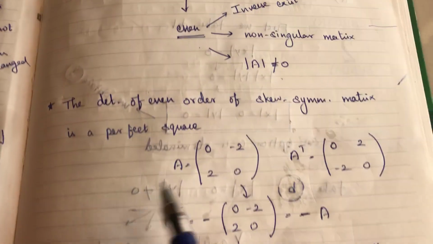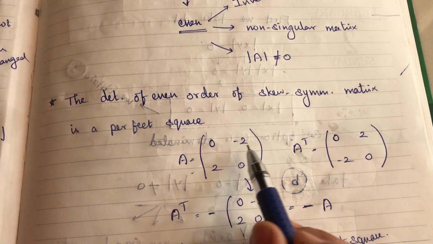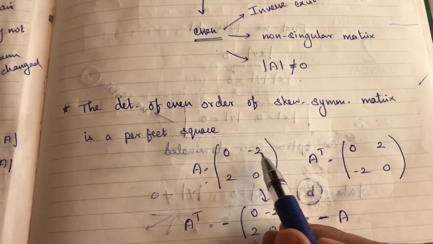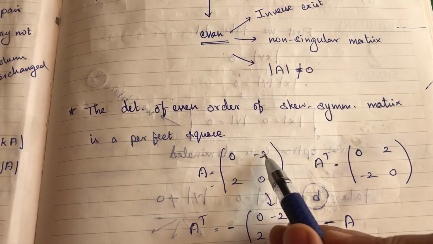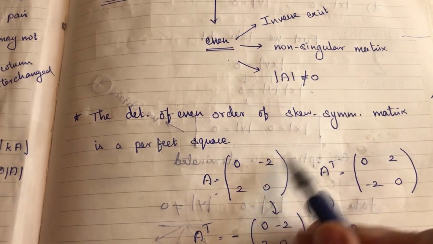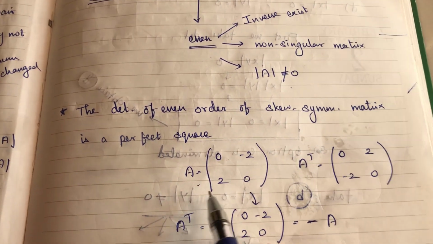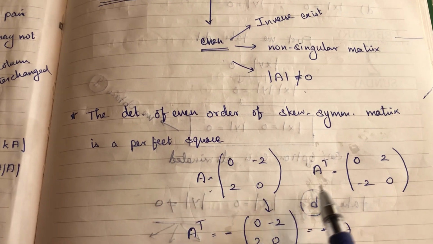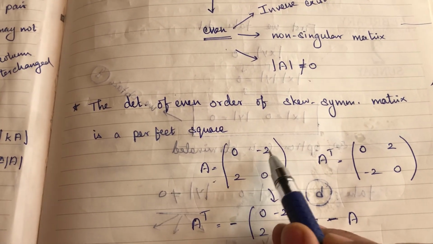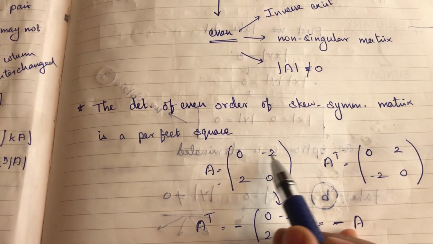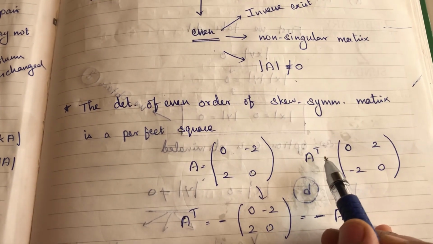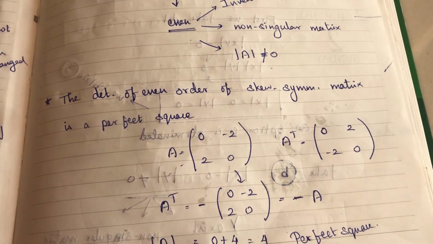How? Let's see that. A is equal to [0, -2; 2, 0]. You can see here the diagonal elements are 0 and the non-diagonal elements, just opposite to this. This is 2 and this one is minus 2. It's a skew symmetric matrix. So if A is this matrix, A transpose is, just write 0, minus 2, and I am writing this row as a column and this row as another column, right? So A transpose, we can get this sum.